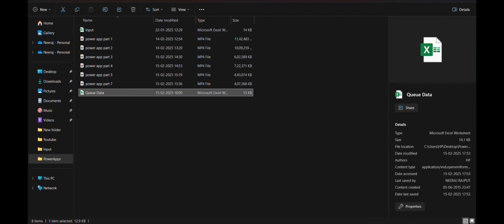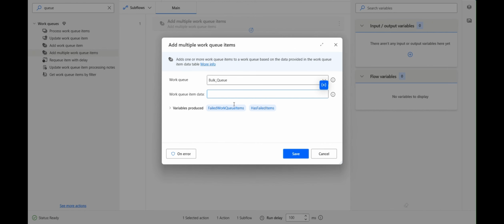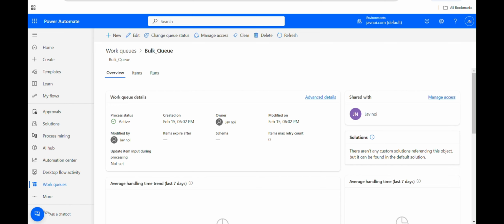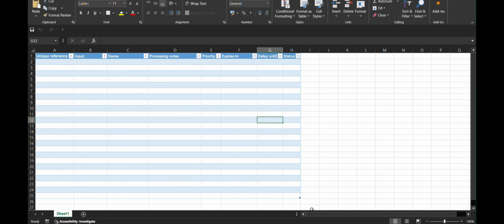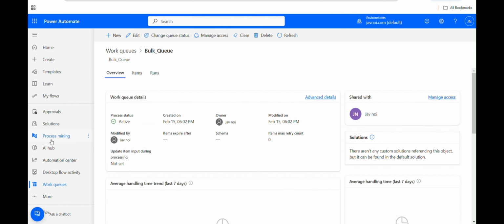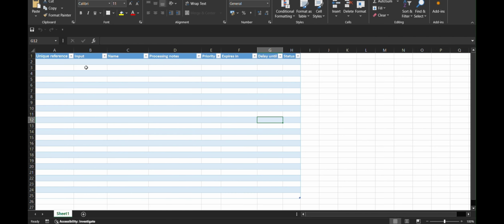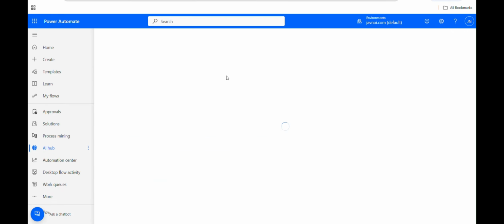So what I'll do is I'll have some quick dummy data according to this in this Excel. And today let's use AI Builder to create our test data, right? So let's use a prompt today, ChatGPT today, to generate the test data for us. For ChatGPT to generate the data, I'll just use these columns. I'll just copy these columns and